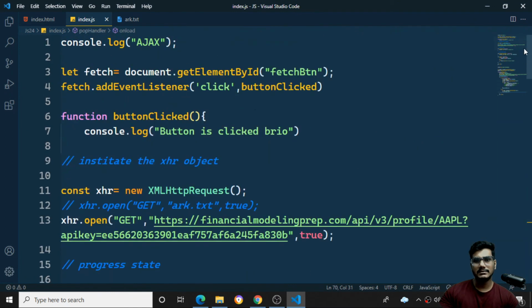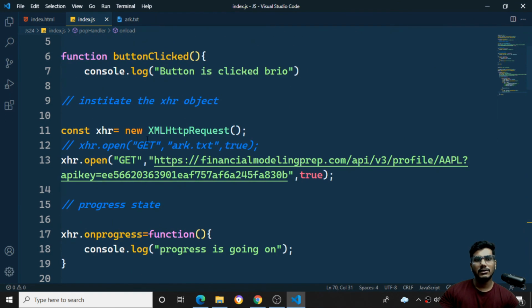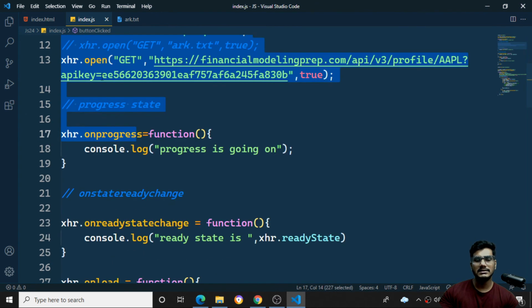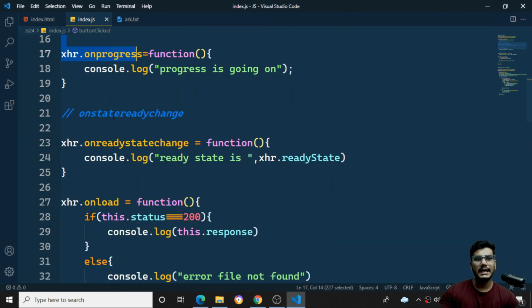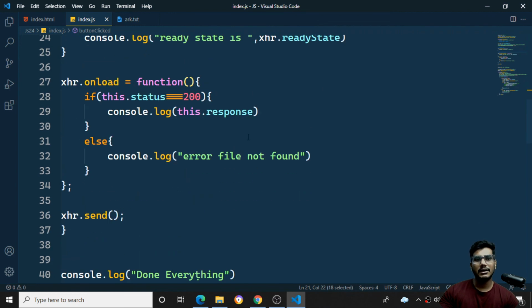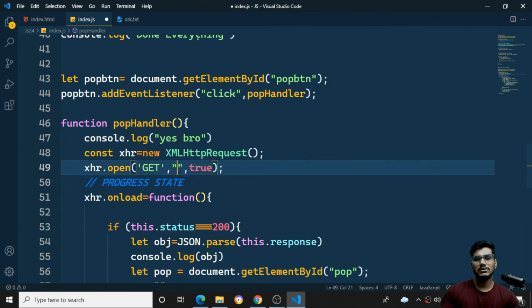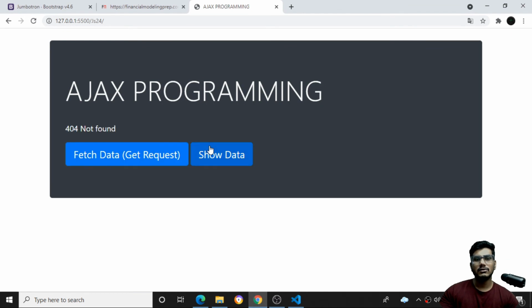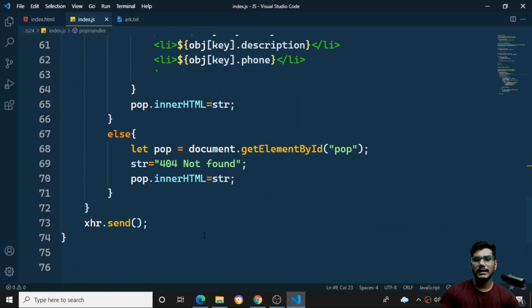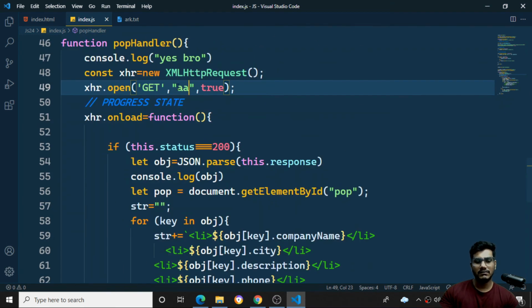Before, at the starting itself, I showed you this one. Now if you are not giving any button click event listener, the XHR request starts automatically, it progresses, it will happen on ready states, everything will happen, and all the things will get loaded. If I say something which is not there in the data itself, like EAA dot here, if the particular EAA is not there, and I click on the show data, you can see I'm getting 404 not found, because it is going to the else part, as there is no such kind of request over here.